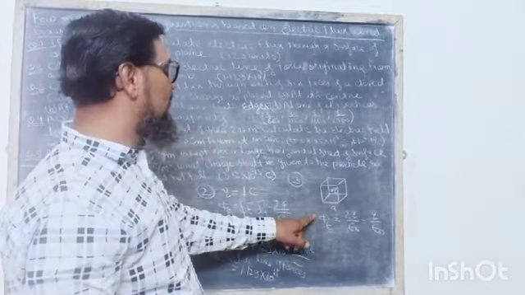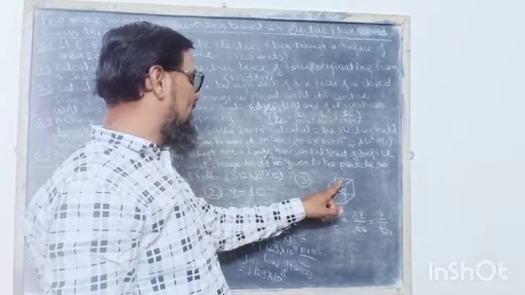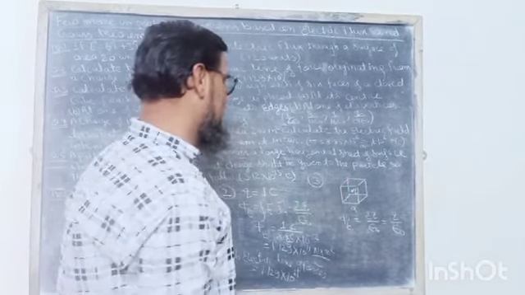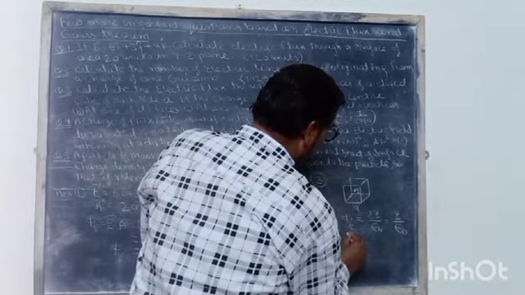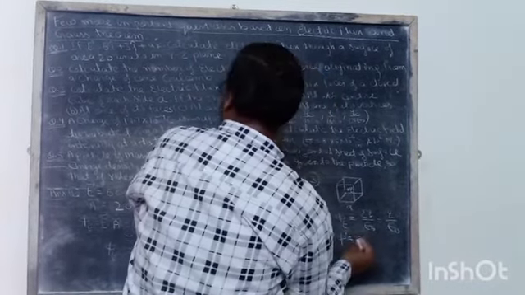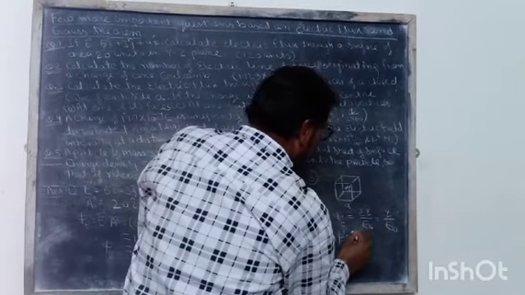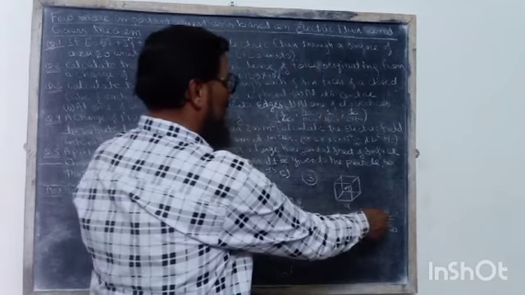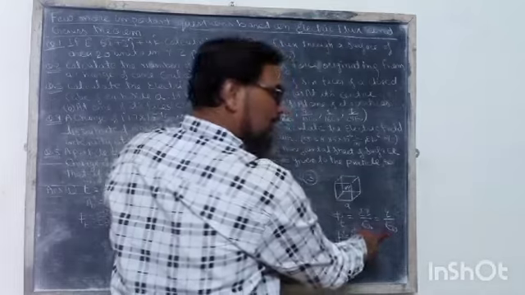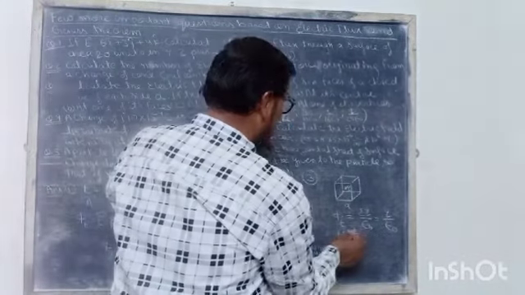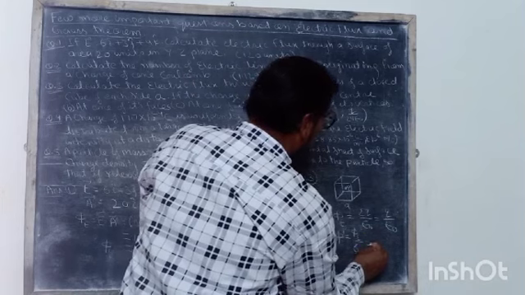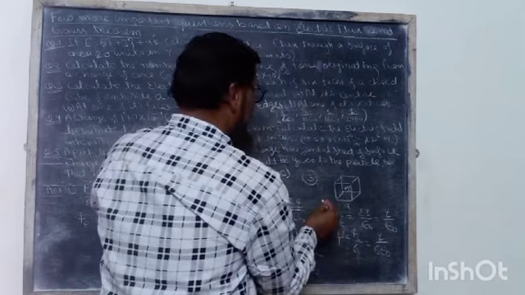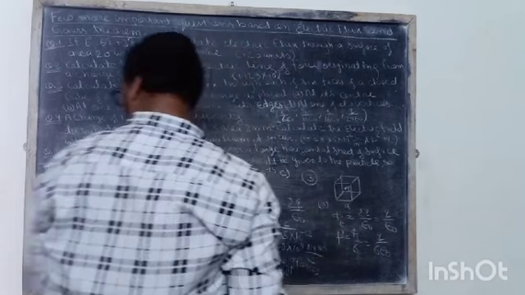This is the electric flux linked with the 6 faces, surfaces 1, 2, 3, 4, 5, 6. So the electric flux through each one face is equal to phi E by 6. The electric flux linked with all 6 faces will be Q upon epsilon naught according to Gauss theorem, and for each face it will be 1 by 6 of that, meaning Q upon 6 epsilon naught. This will be the answer of the first part of the question.